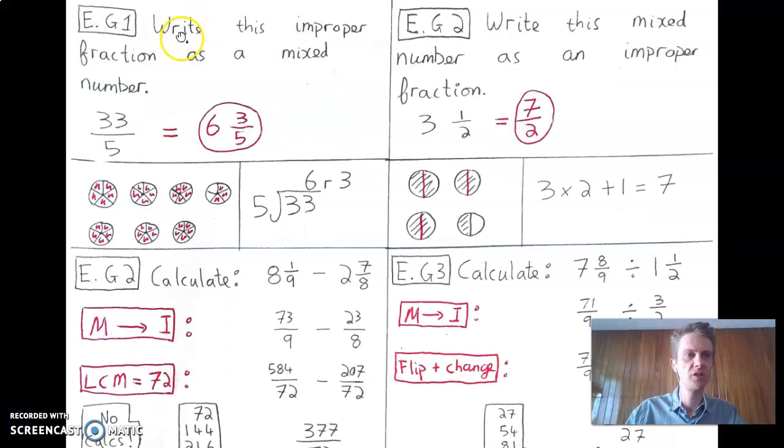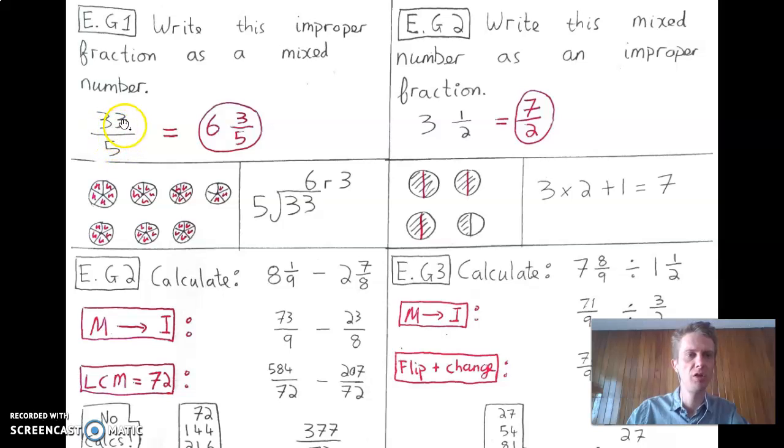Okay, first of all, there's an example here. Write this improper fraction as a mixed number. Okay, 33/5. It's a very, very simple technique here that you need to do. 33 divided by 5 goes 6 times remainder 3. That's that one done. If you really want to understand what's going on here, boys and girls, on the left-hand